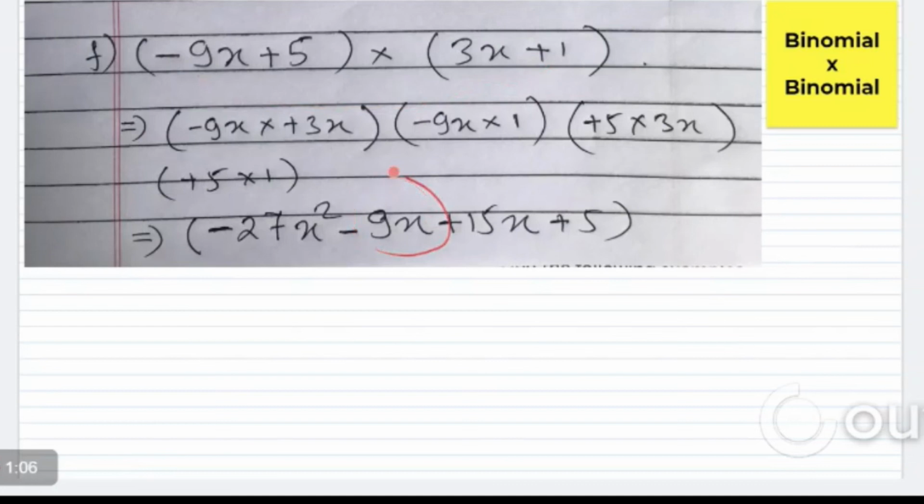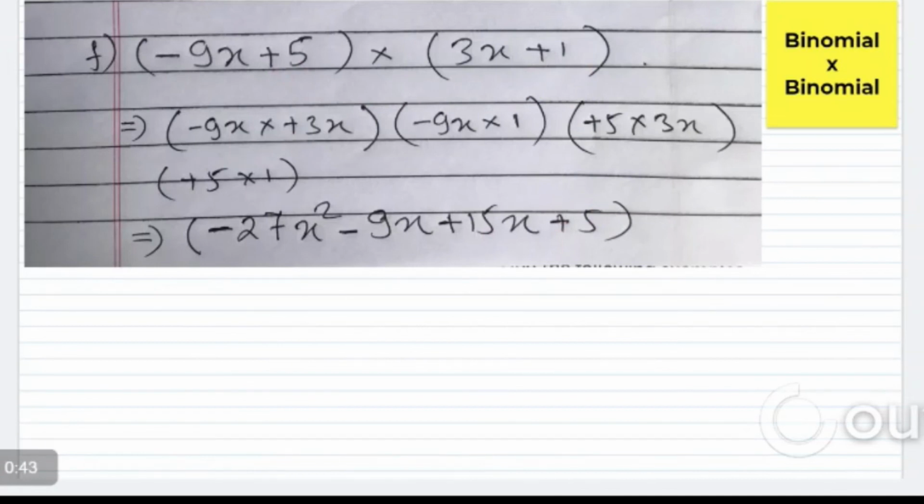So in this case, you can see the first term is multiplied with both the terms. Now the second term has to be similarly multiplied with both the terms. So plus into plus is plus. 5 threes is 15, and one single x is written as x. Similarly, plus into plus is plus. 5 ones is 5. This way, but here this answer is incomplete.